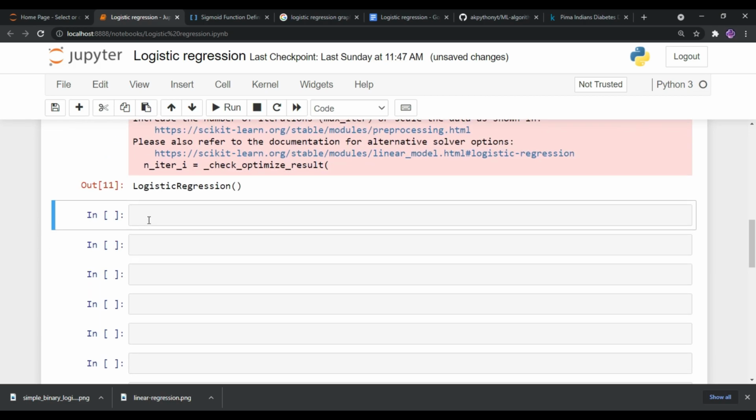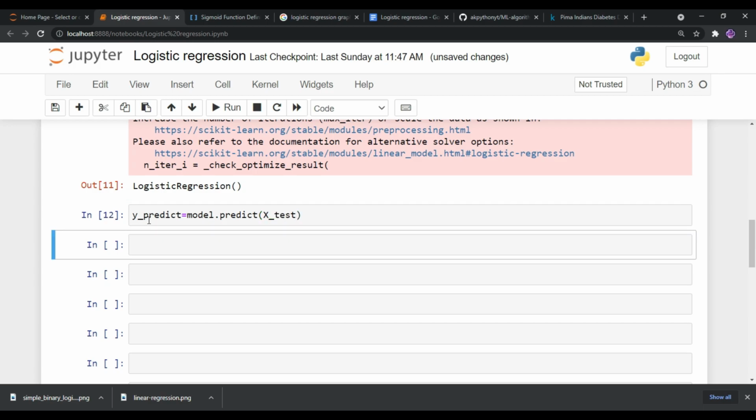You will receive this kind of acknowledgement once you train the data with logistic regression. Now you need to create another variable. This variable is used for testing our logistic regression model against the test dataset. So we can find out the model performance once we test with the test data. So let's test this data.